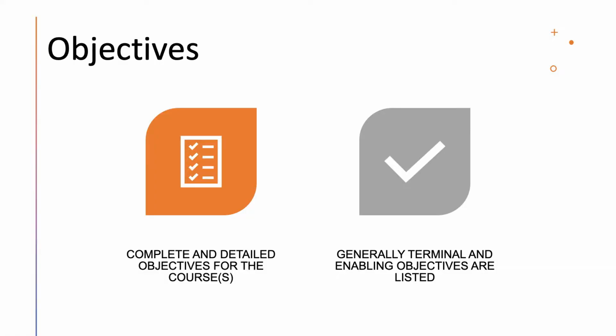Let's look at some of the other elements too, because the rationale is where you start. But another key element is where you put your objectives for your course, your terminal enabling objectives for your entire course. If your course is an hour, it's 10, 15 objectives. If your course is 6 months or a year, I have seen and written plans with hundreds of pages of nothing but objectives.